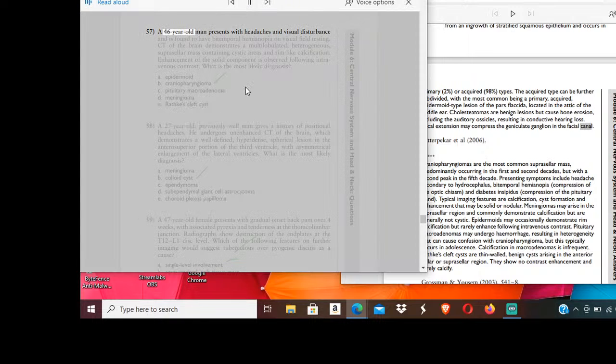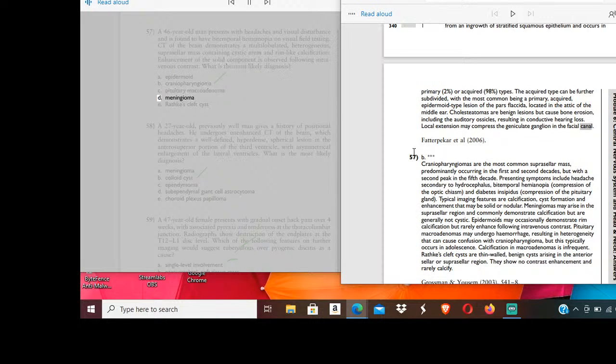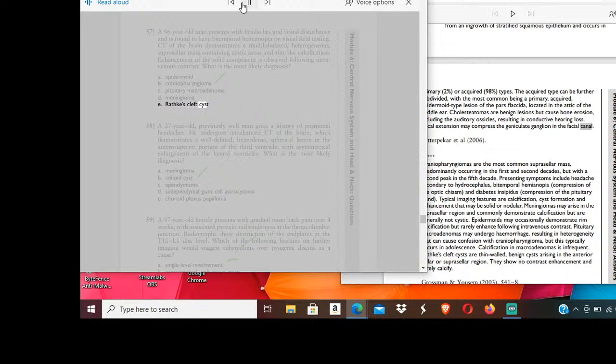57. A 46-year-old man presents with headaches and visual disturbance and is found to have bitemporal hemianopia on visual field testing. CT of the brain demonstrates a multilobulated, heterogeneous, suprasellar mass containing cystic areas and rim-like calcification. Enhancement of the solid component is observed following intravenous contrast. What is the most likely diagnosis? A. Epidermoid. B. Craniopharyngioma. C. Pituitary macroadenoma. D. Meningioma. E. Rathke's cleft cyst. 58. A 20